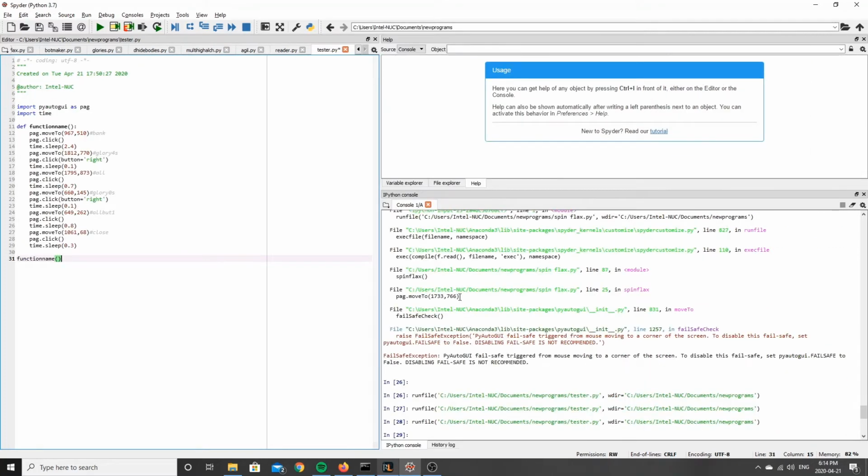Now we're going to talk about running functions over and over again. You do this with something called a loop. If you're okay with the function running over and over again until you stop it manually, the easiest way to loop a function is to write what's known as a while loop. All you have to write is